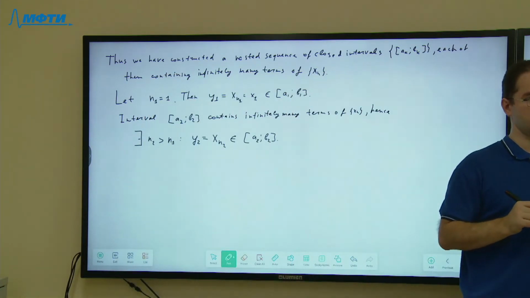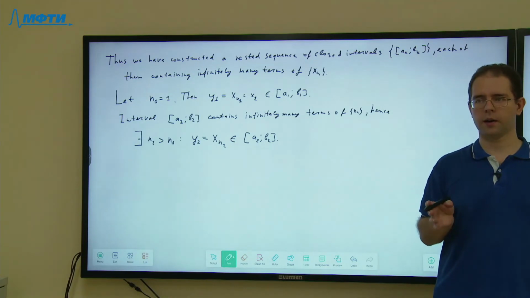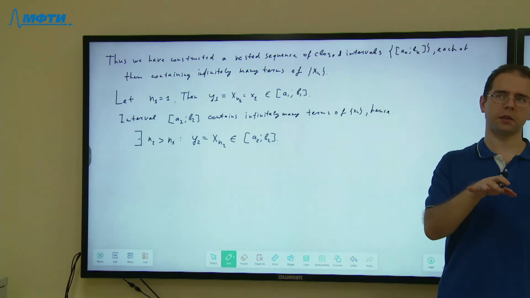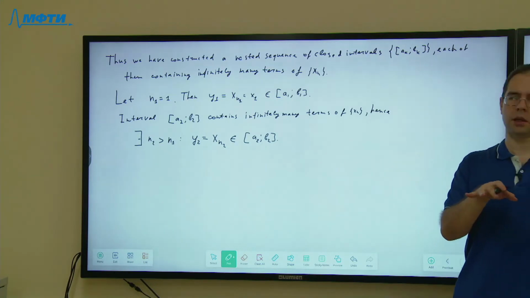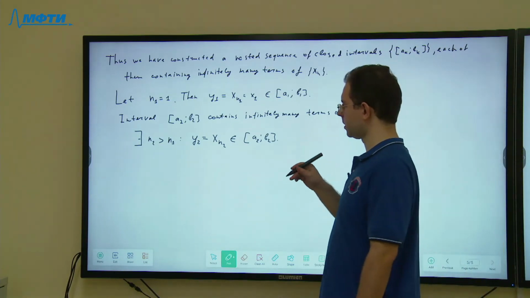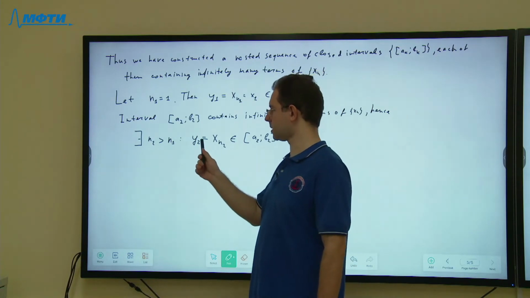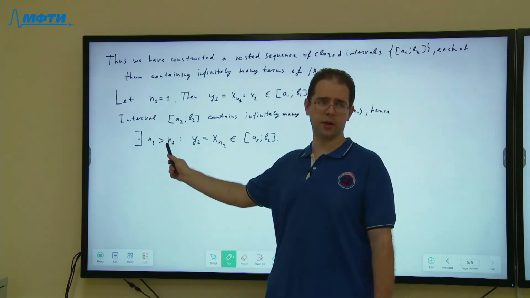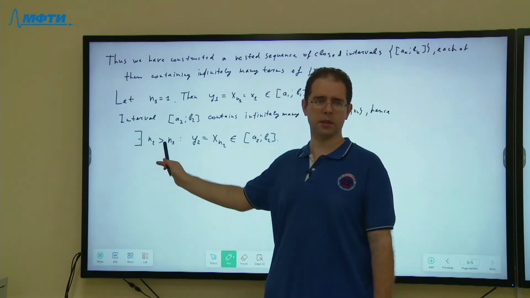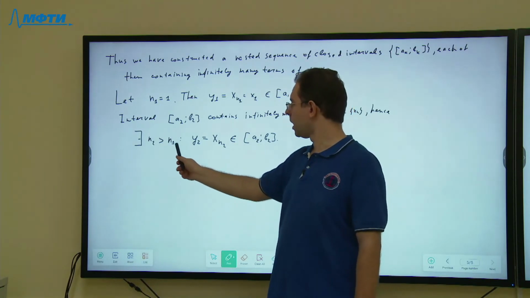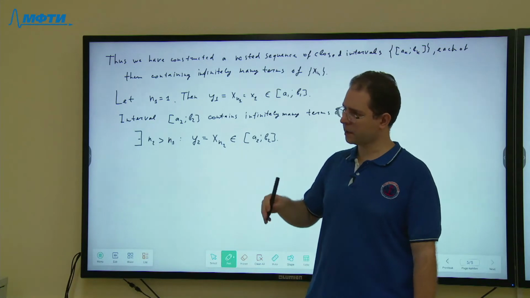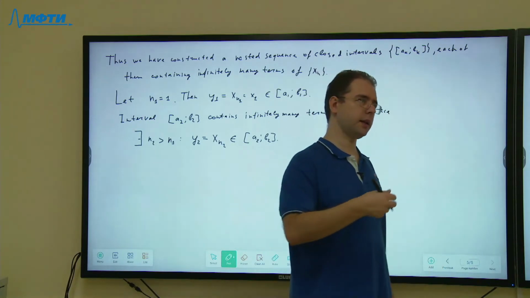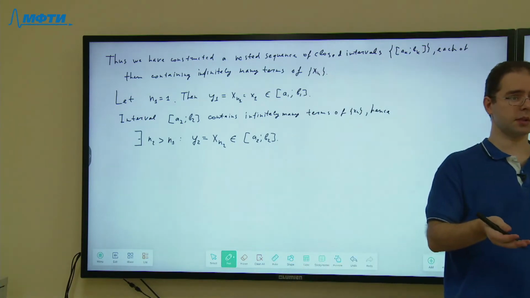So there are finitely many terms of my sequence which have indices less than n1. Actually there isn't any, but still it's finitely many. Hence, there is at least one term of my sequence that